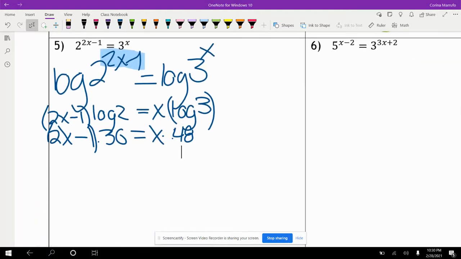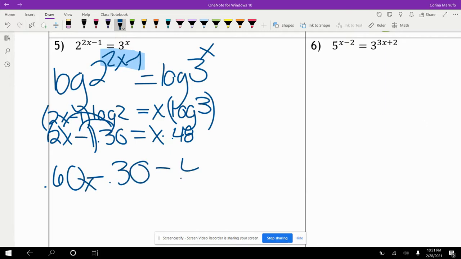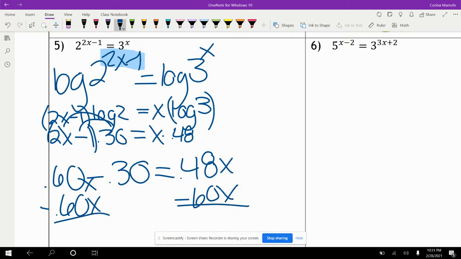So this 0.30, we are going to have to distribute it to each one. So 0.30 times 2x is 0.60x, and then minus 0.30. Equals 0.48x; we usually don't write the x first, we write the coefficient first. So I am going to have to move this 0.60x to the other side so I can combine it with the other x. This cancels and I get negative 0.30 equals, when I subtract these two,